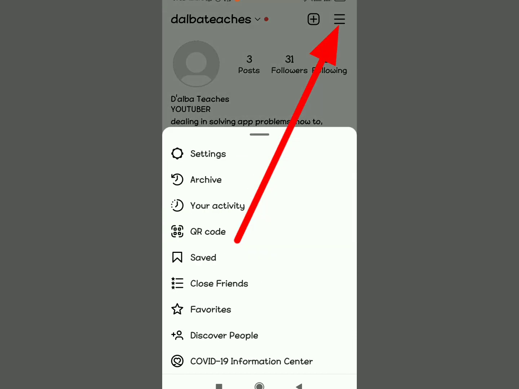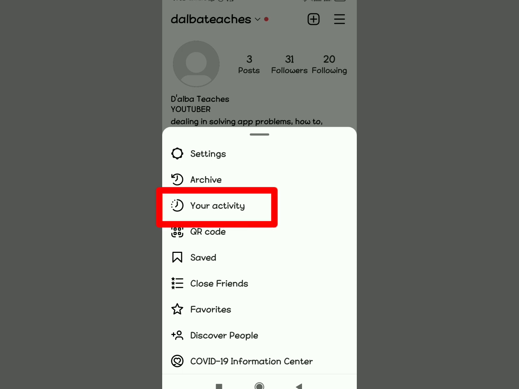So let's get rolling. All you have to do now is tap right there in the settings area, then tap on your activity. You see settings, archive, then